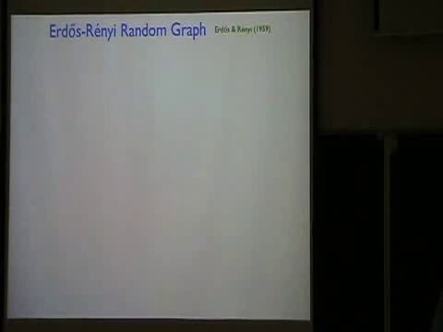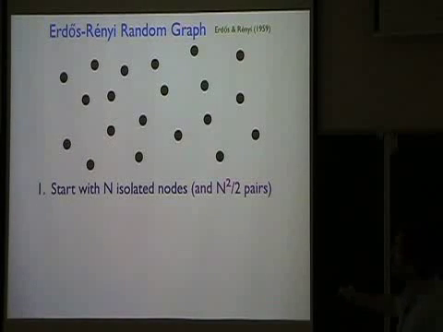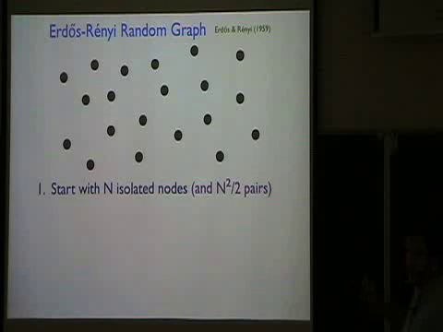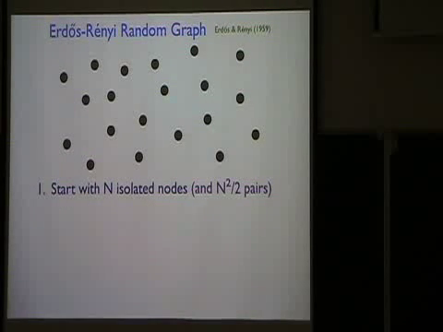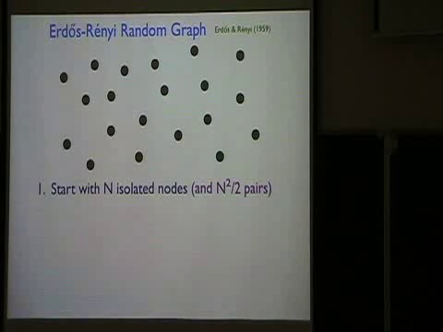Okay, so let's start with the Erdos-Renyi random graph. So the model is amazingly simple. It's as simple as can be, and it's astounding how rich the phenomenology is in this model. So here's the way the model starts. You begin with n isolated nodes, and if you imagine that every node potentially could be connected to anybody else, then there would be n times (n minus 1) over 2 possible pairs. In the limit of large n, I'm going to forget about the minus 1, so it's roughly n squared over 2 pairs. And the basic idea of the Erdos-Renyi random graph is that you then start randomly populating the links between any pair of nodes with equal probability.